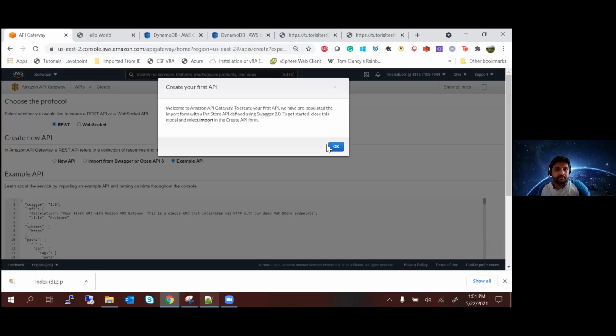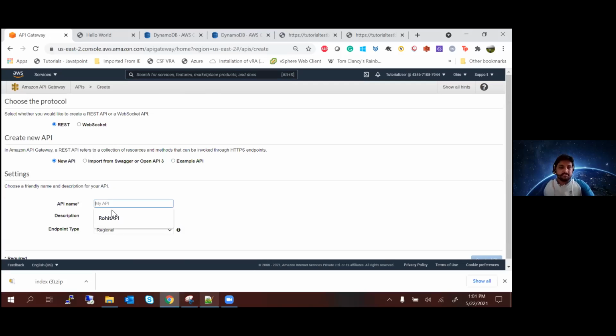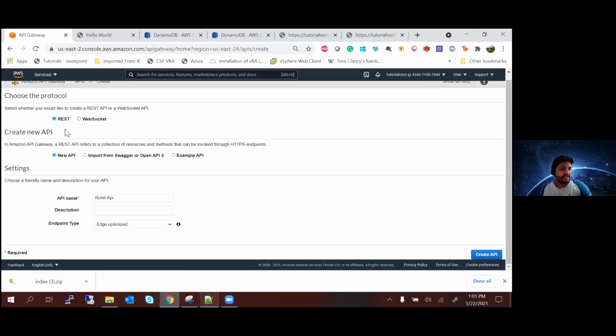If you're not able to see it, that's okay. Don't worry about it. Just start looking on my screen. Your API name should be Rohit-API or your name-API. Endpoint should be edge optimized. Your create new API should be new API REST, and you will say create API. Oh, it's not letting me create.